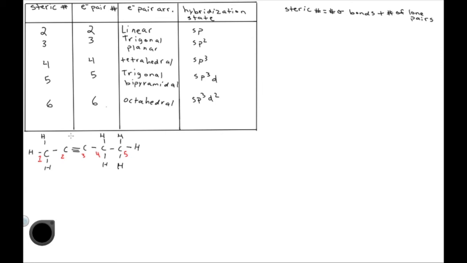For carbon 2, we have a single bond and a triple bond. Since there's only one sigma bond in a triple bond, the steric number is going to be 2 plus 0 equals 2, right? 1 sigma bond plus 1 sigma bond plus 0 lone pairs equals 2 plus 0, which is 2. Likewise, we count triple bonds as single bonds, so our electron pair number is going to be 2. So therefore our electron pair arrangement is going to be linear, and therefore carbon 2 is going to be sp